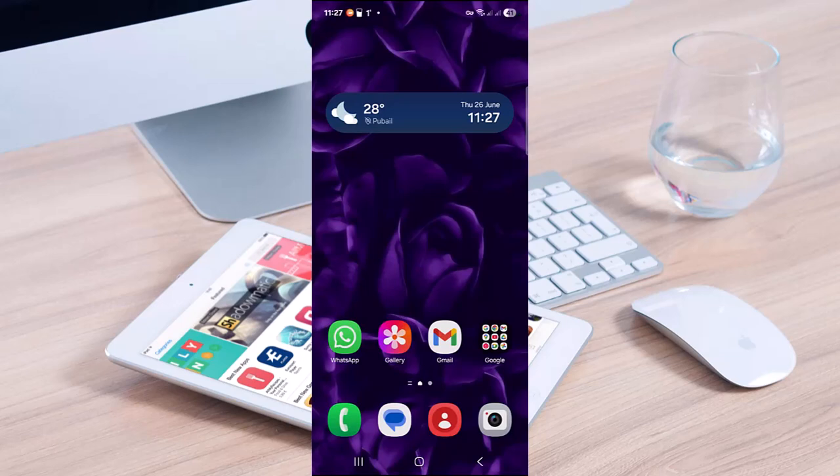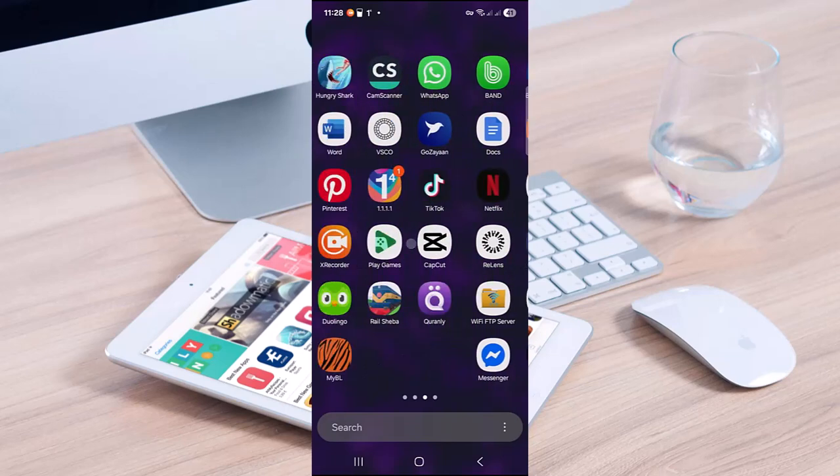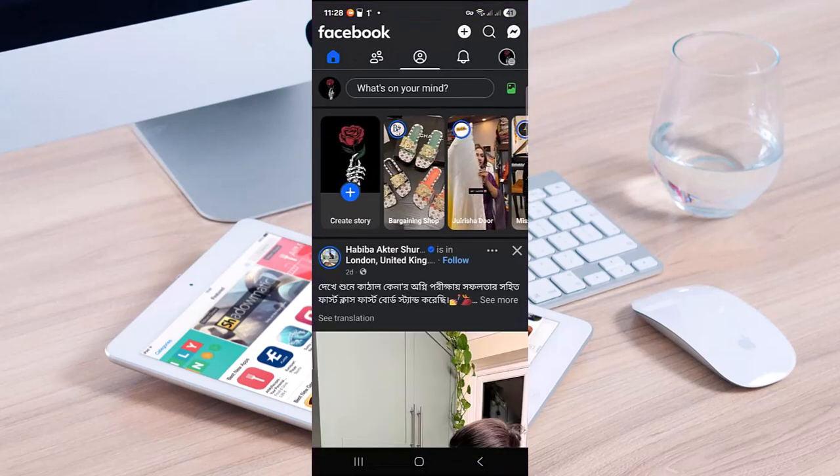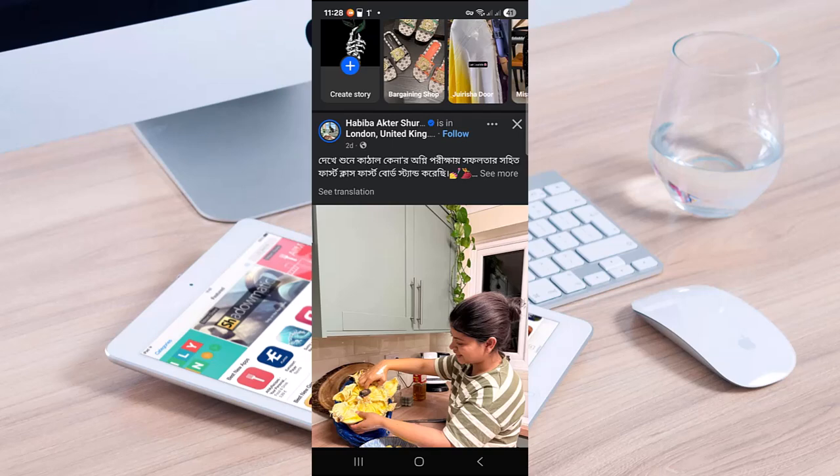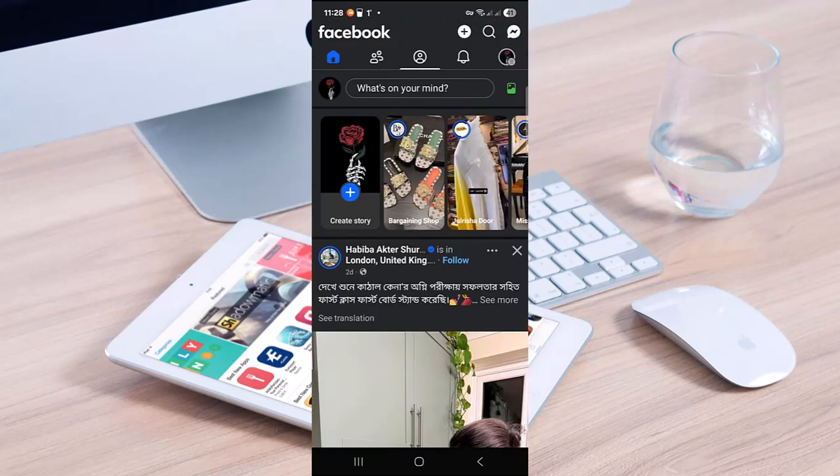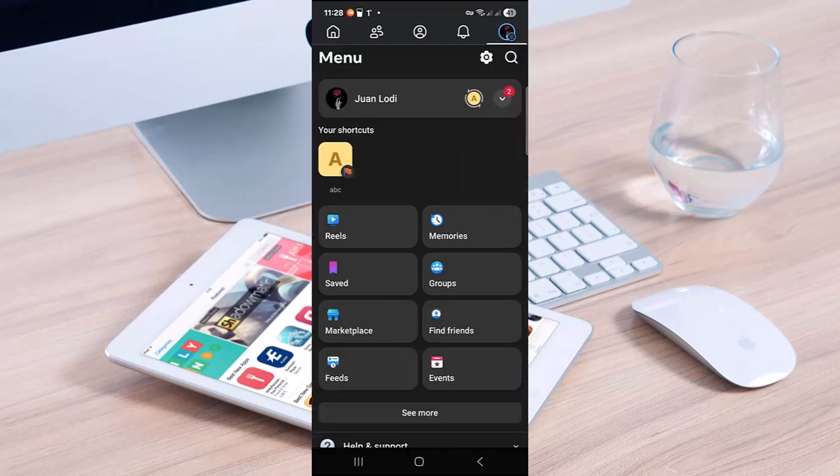In today's video, you're gonna see how to lock Facebook profile permanently on Android. So to do that, I'm heading over to my Facebook. Once you're there, make sure you have logged in into your desired account and then head over to your profile by tapping the three lines icon on the top right. I'm heading over to your profile,